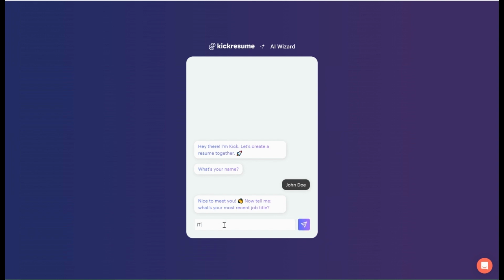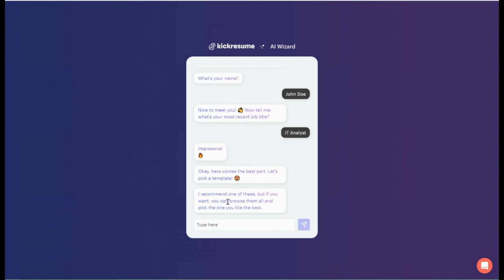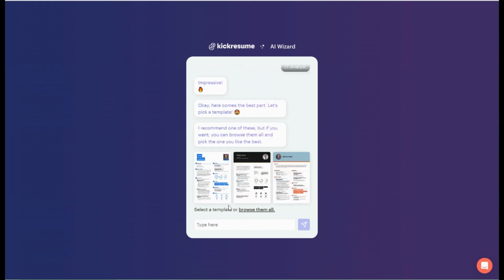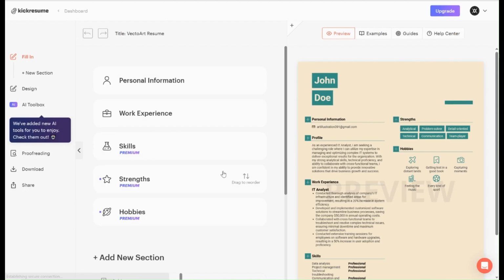Let's say analyst, and then it will ask you to choose from the templates that are available. For me, the three most recent ones, or you can browse them all, but I will go ahead and select one of the three. So let's select this first one, and the AI bot will work its charm and it will create this beautiful looking template,